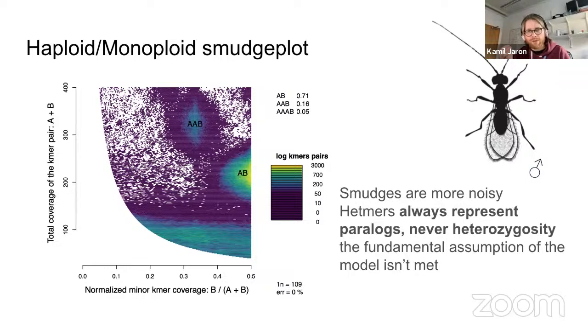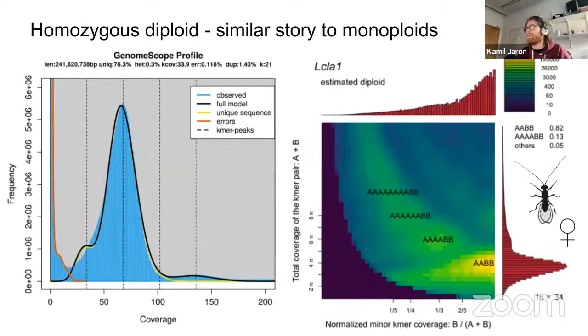But I would like you to appreciate that if you have a haploid organism, you will always see smudges anyway. You should not think that you have a diploid organism just because you see a smudge. There's no universe in which you can see no smudge at all. It's a relative measure. It's like in situ hybridization. It depends on how you turn the dial. Even weak signals you can see and exaggerate. It will always light up something if you have sufficient coverage.